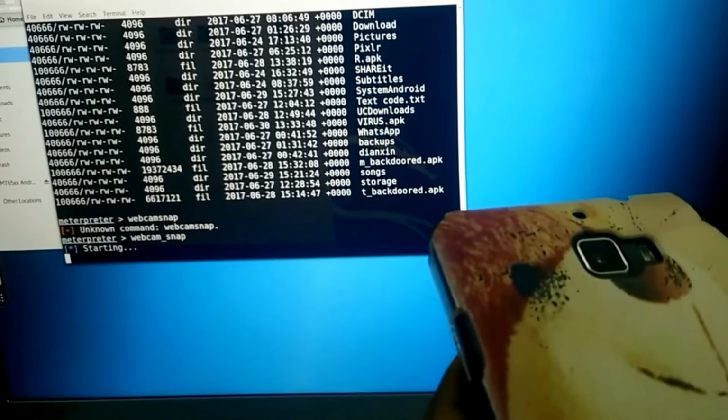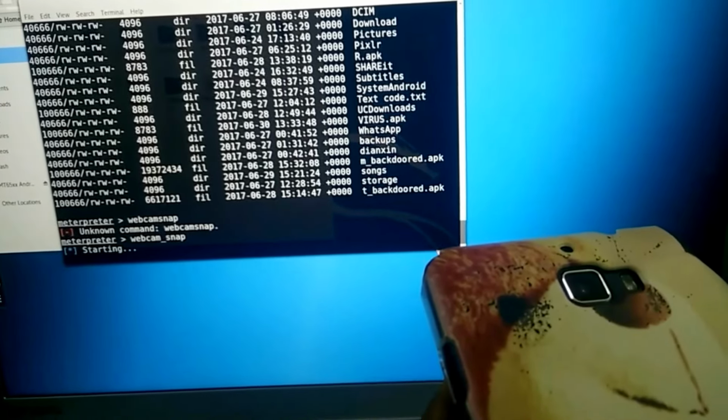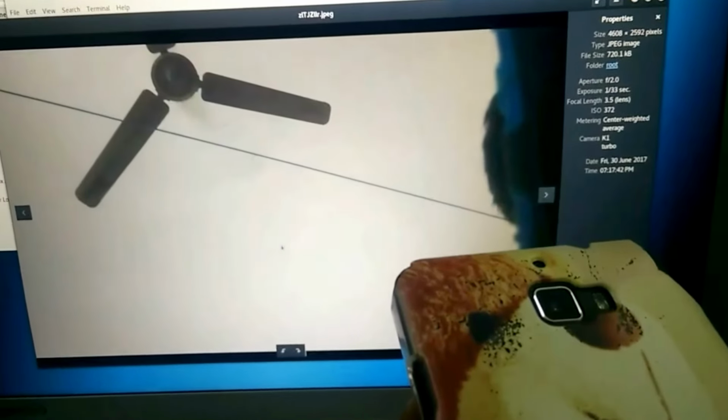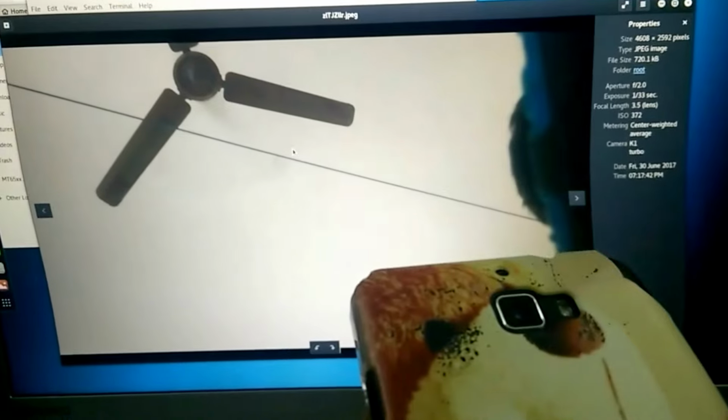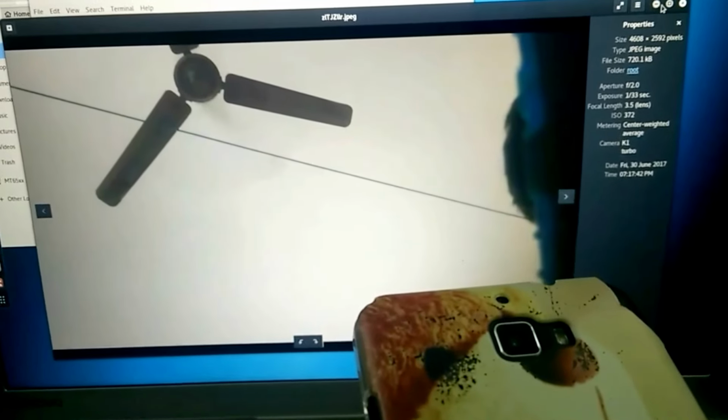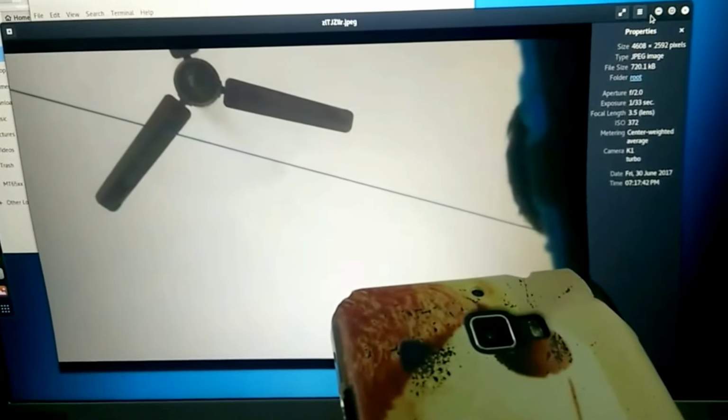So his camera has started and it has got the frame. See, this is the image which his camera has taken without his knowledge.